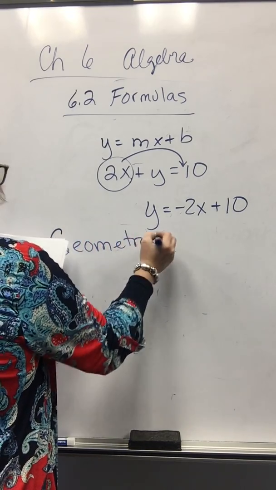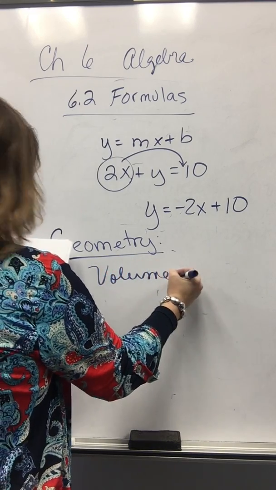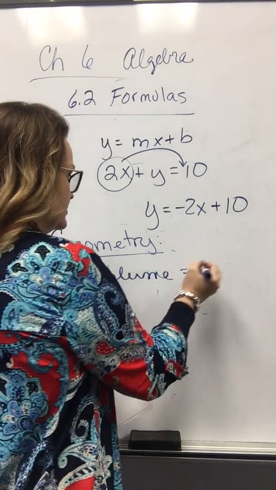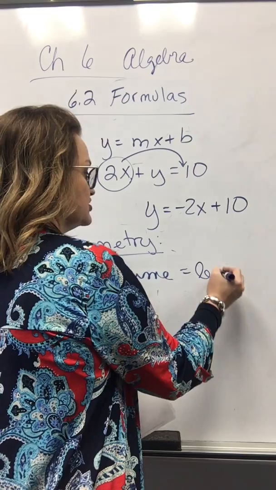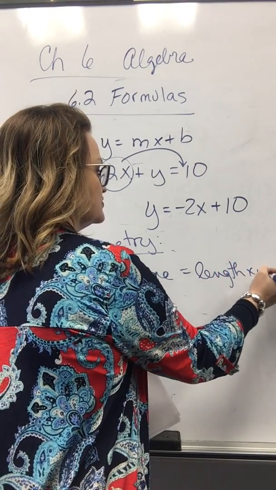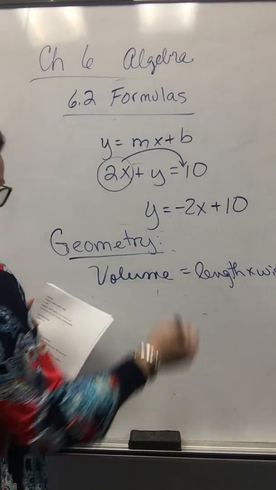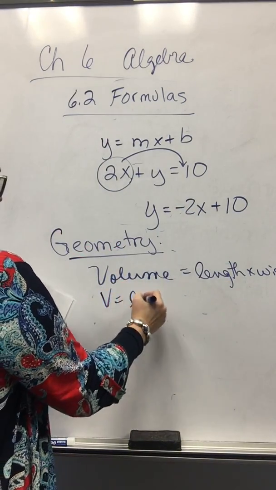Geometry. In the geometry section, we have a formula for the volume of a box. The volume of a 3-sided figure, a rectangular solid, is the length times the width times the height. You multiply the 3 dimensions. Length times width times height for any box situation. So how much will fit in it, the volume that goes in the box, will be V equals LWH,